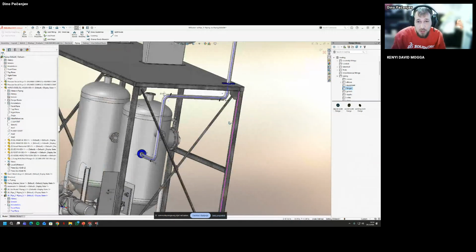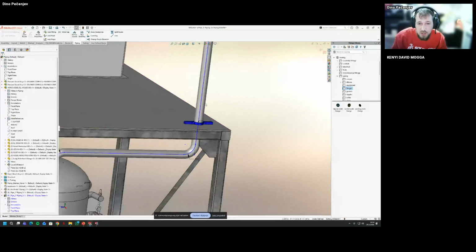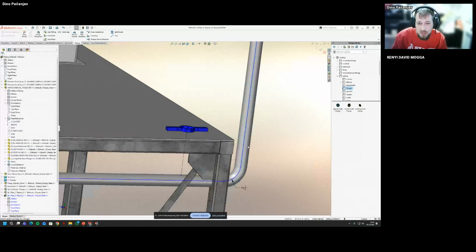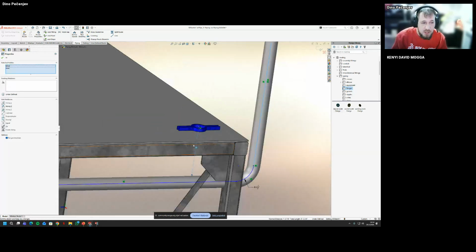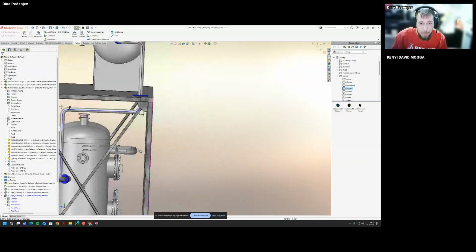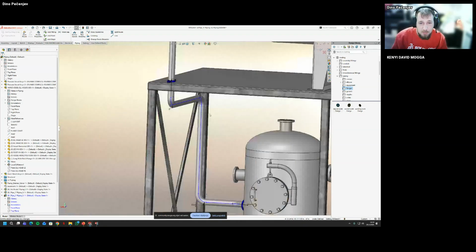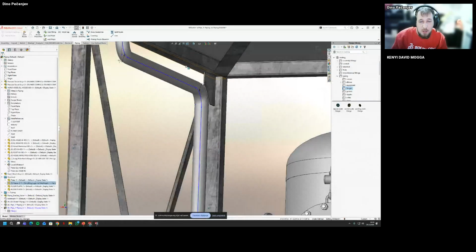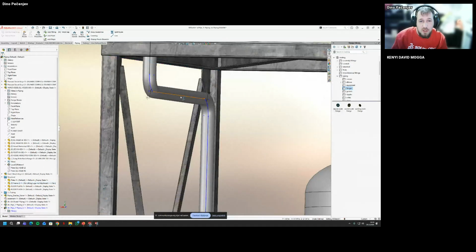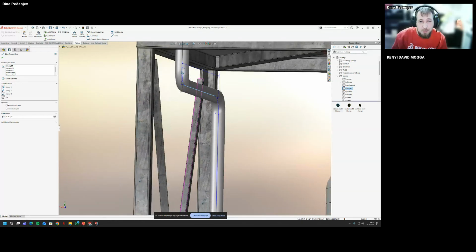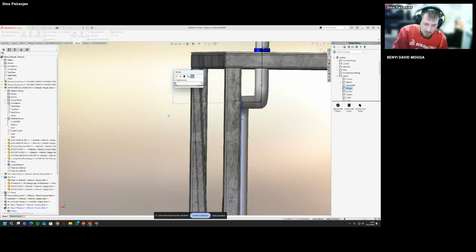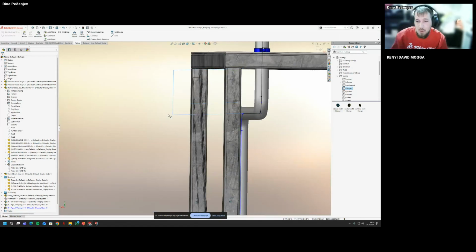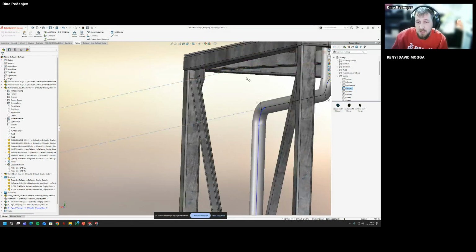What I also want to show here, now that we continued the piping, so if I can move this, I'm just going to select this line and select the center line that was created because of this clip. Use set collinear and we're set. Also, if I want, for example, from this upper part, dimension, I'm just going to use dimension, shift click and select the face, and I can say I want this to be 1 feet away from the upper face.